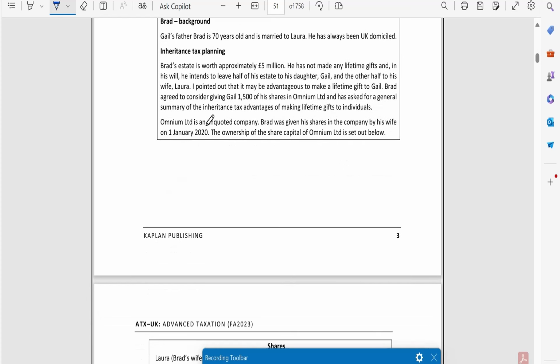And Omnium Ltd is an unquoted company share. So after reading this point, my mind just went to BPR, business property relief, because it's an unquoted company share. So now we have to confirm whether the company is a trading one or an investment one. Okay, and whether the ownership period has been satisfied or not. If these two conditions have been satisfied, then 100% BPR will be available, right? But